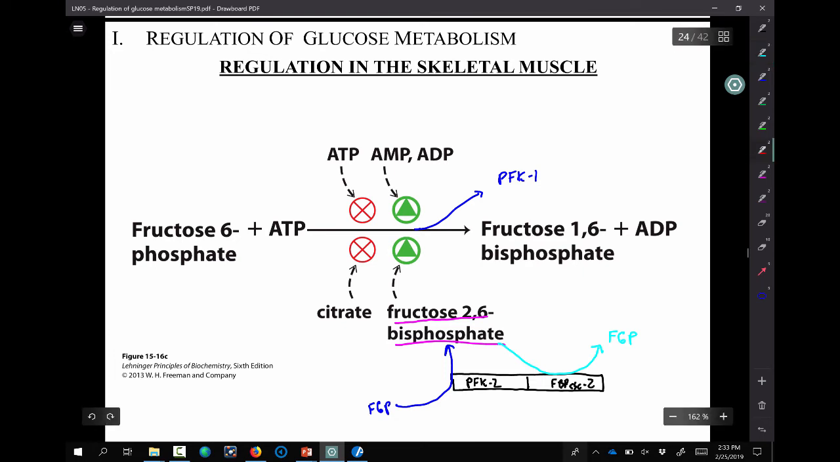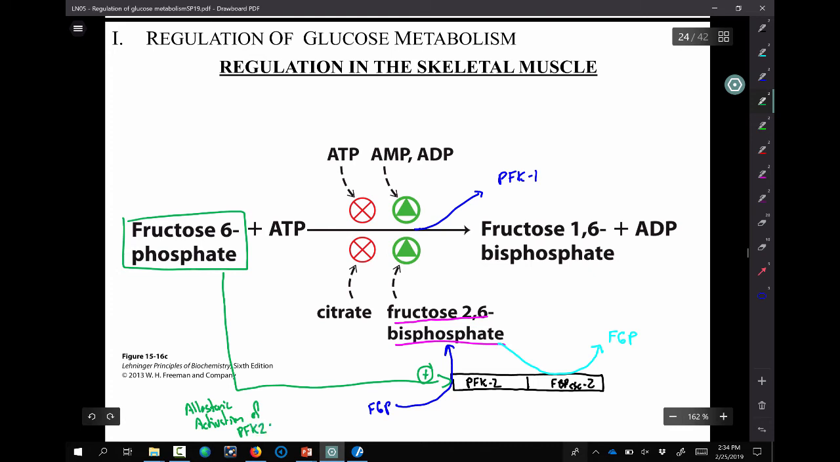Well, it turns out that this molecule here, fructose 6-phosphate, will allosterically activate PFK2. Okay, so allosteric activation of PFK2, the kinase domain. Okay. So if we consider this,